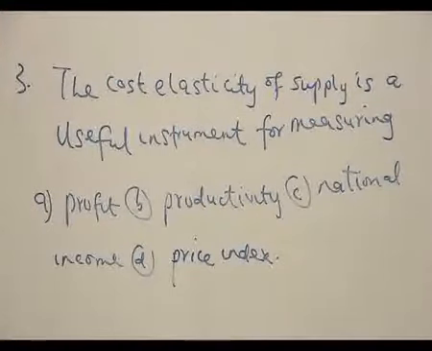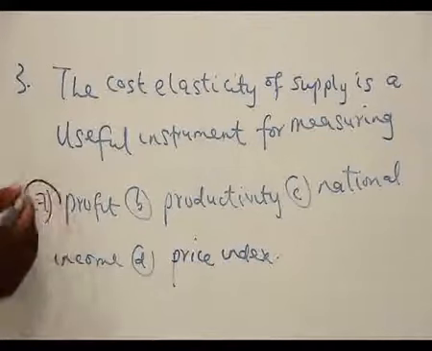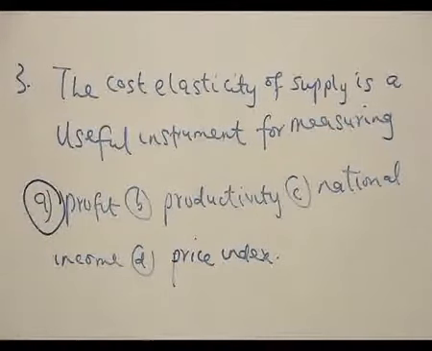Question 3. The cost elasticity of supply is a useful instrument for measuring A. Profit, B. Productivity, C. National income, D. Price index. The right answer is A, profits. Because producers try to use elasticity to know the elasticity of their products, particularly price, and how price will be used in determining the profits. The difference between the cost and the revenue is what we call profit. So they try to understand the elasticity so that they will know how their supply will be in order to understand